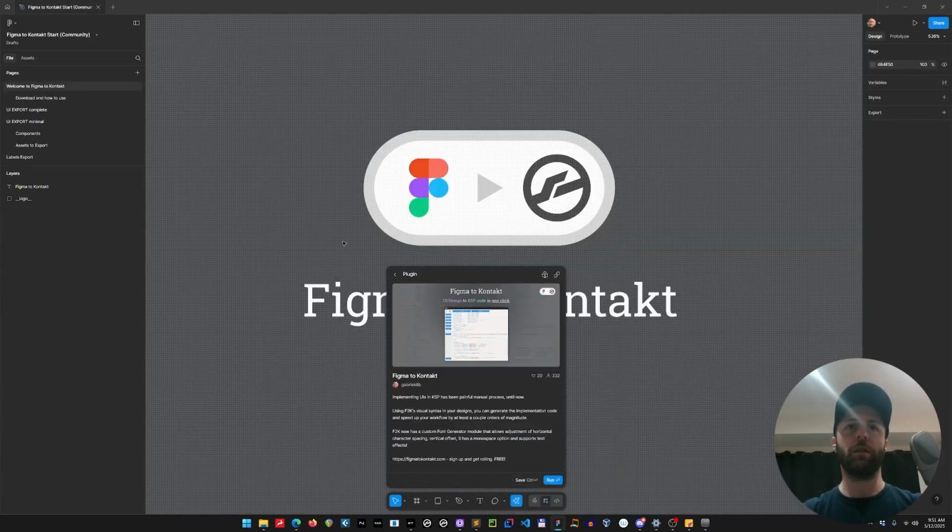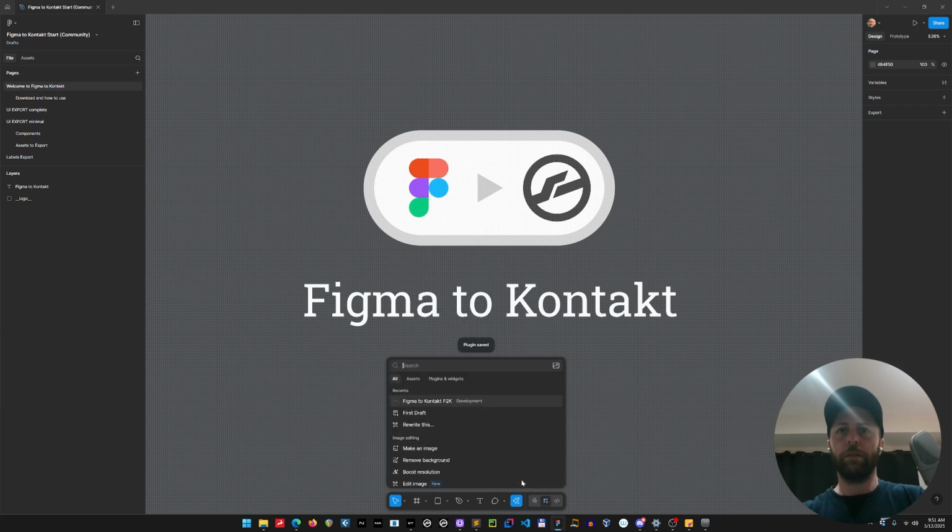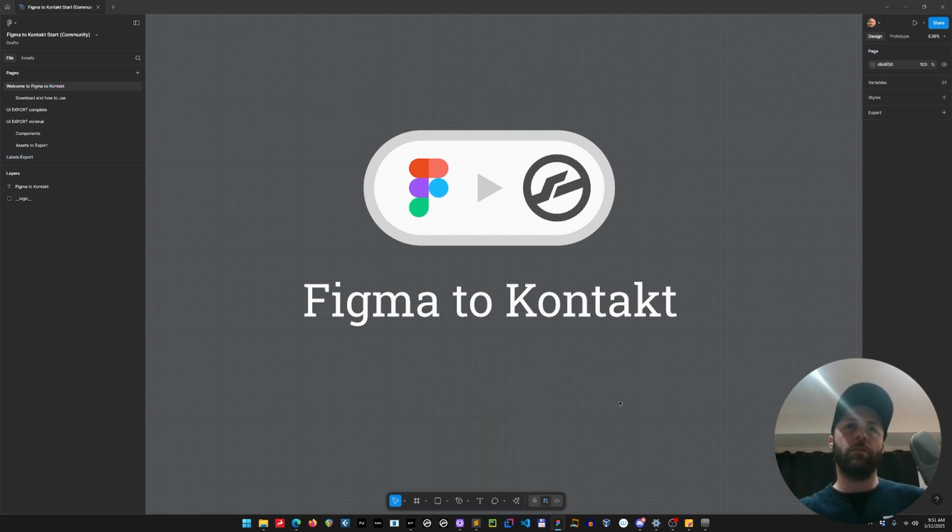So let's start there. So here's the plugin, a little description, and now press save. Let's press save. Plugin saved. Awesome. And then here you'll see it on the list. You can click on it, or you can